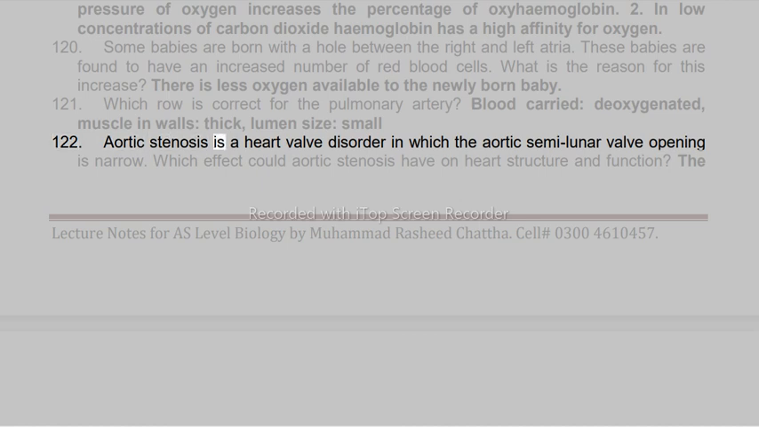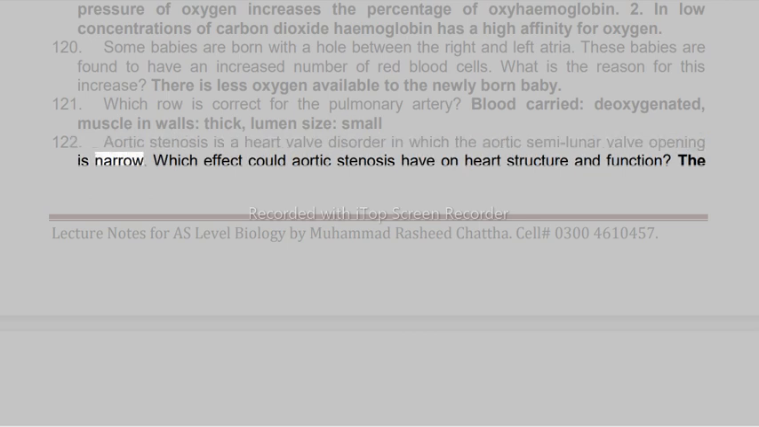122. Aortic stenosis is a heart valve disorder in which the aortic semilunar valve opening is narrow. Which effect could aortic stenosis have on heart structure and function? The